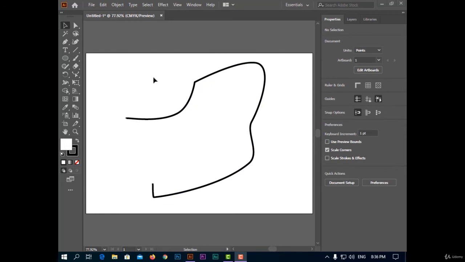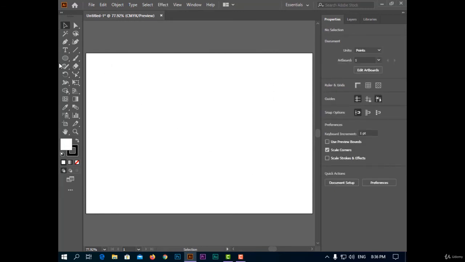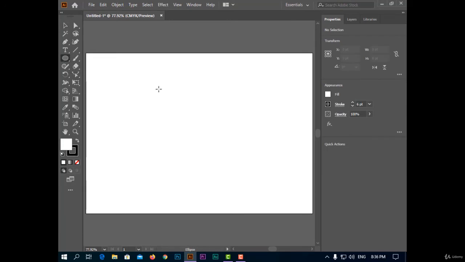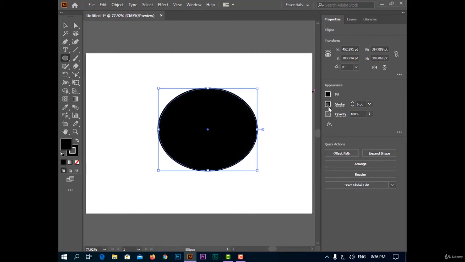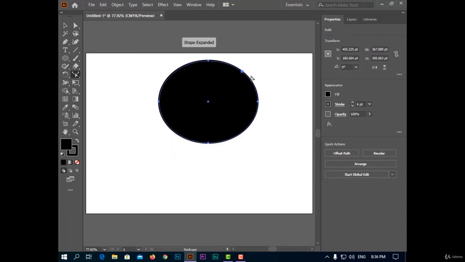Now I will use it with closed shapes, but it has a different way. First I will make an ellipse like this and choose a fill, and now use the Reshape tool, and if I click on any point and swipe, it will move it, but add